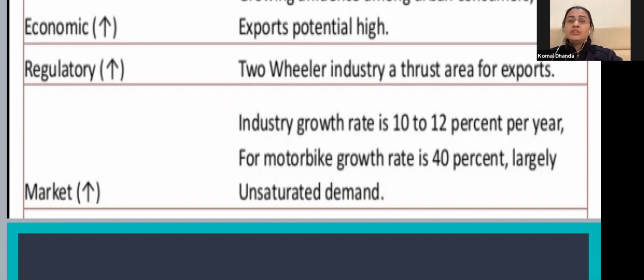So there are lots of opportunities and good scope in it. That is your unsaturated market. When demand is unsaturated, it has not reached the threshold. People are still demanding it, and this demand will keep increasing with time. If it is seeing a growth rate of 40% in future, the market is going to grow like anything. There will be a sudden surge in the demand for motorbikes, which is again a positive impact for the motorbike industry, right? This is your ETOP. So this is another technique which can be used for scanning the environment.